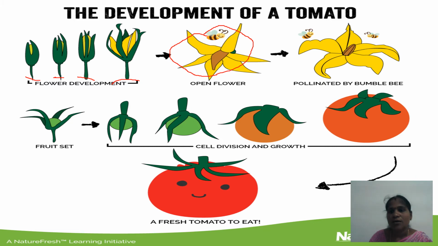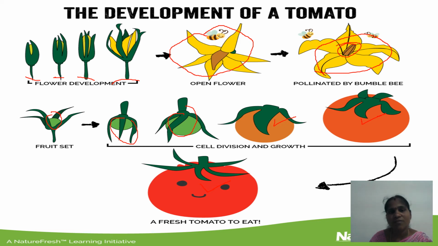So this is pollination by these bees. It is sucking nectar from those flowers, and after this the middle part of the flower is set into fruit. So this is the fruit stage. This fruit again will grow to a bigger size. It is green in color. When it is ripened, it converts into orange, reddish orange, and then totally red. The fresh tomato is ready to eat. Yes, so these are the stages and development of the tomato.